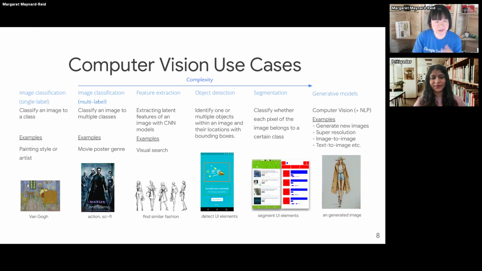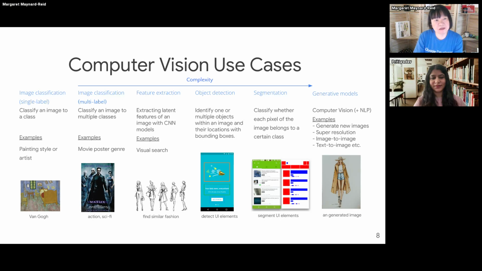Once you extract these features, you can perform a visual search on it. Later on, I'll briefly mention the labs, like the first lab. By having these features, on Google image search, you give it an image and you can do an image search. Under the hood, what powers it is these feature vectors.